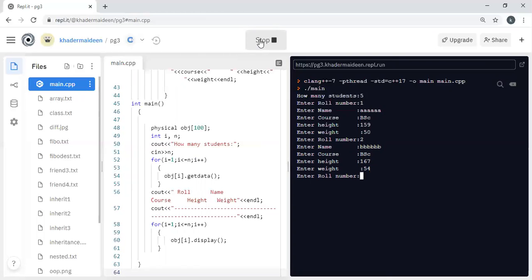Then roll number 3, BSA. Roll number 4, BSA.